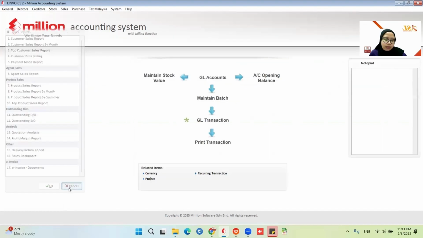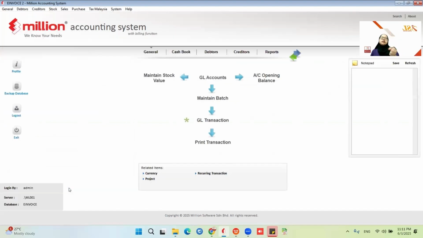Okay, so what if your customer wants to cancel the document, but it has already exceeded 72 hours? You need to do a CN. So that's why you can add the invoice document there. You can choose either you want to submit CN or DN. Okay, so basically CN is to reduce the amount of the invoice. DN is to increase the amount of the invoice. So now,